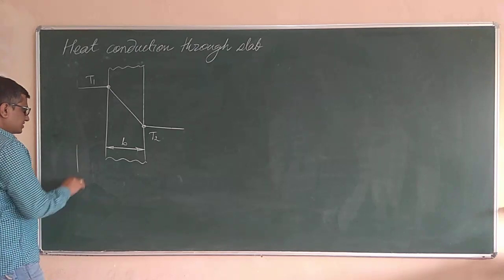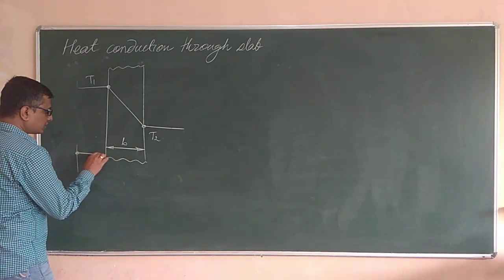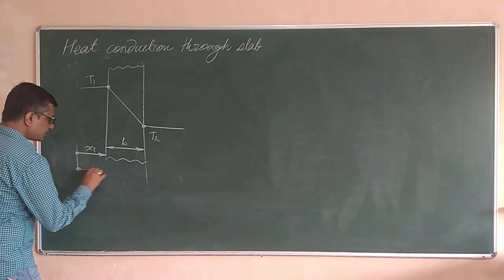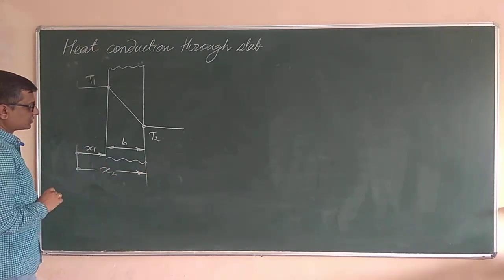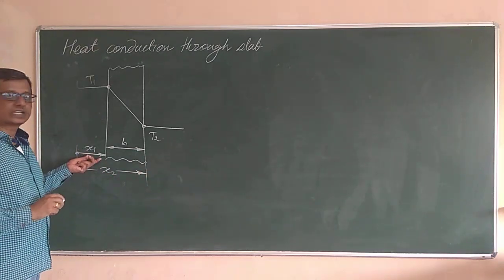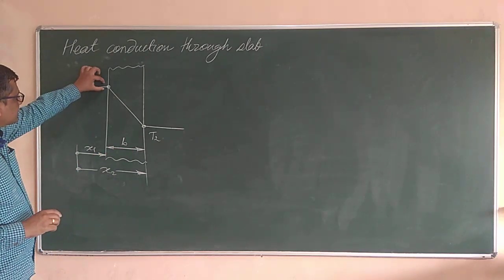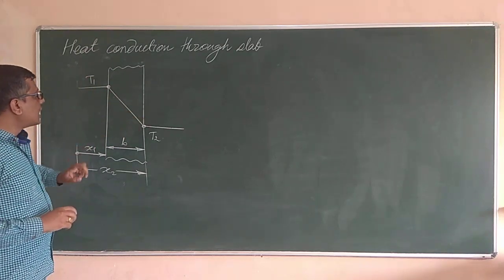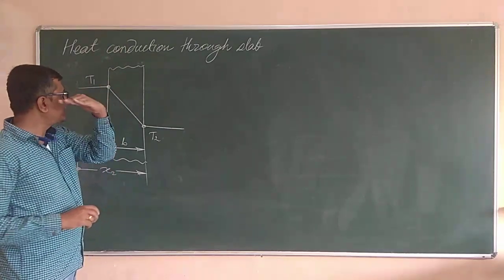And what is that x direction? Say this is the x direction. I am going to take this much length as x1, and this much length as x2, right. So obviously x2 minus x1 will be the width of this slab, and the temperature at this end is higher than the temperature at this end, and there is no temperature gradient in the y direction, no temperature gradient in the z direction.